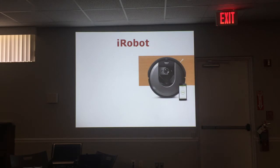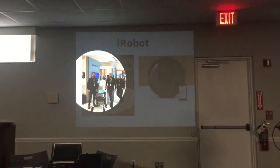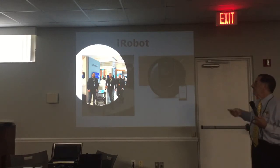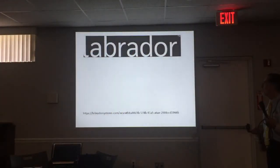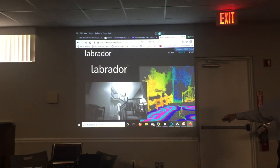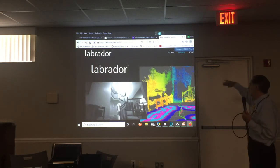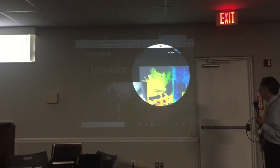That company now has taken it up to the next level. This is the group of folks who did that. Now, I don't know if you can see it barely on this, it's a walker, and you see that little screen there in the center of the walker? That links into the new system they've got now, where they are using that same technology, except now making it in 3D. So now you have the stairs, you have the walls, you have the obstacles that are all sticking up within your room,